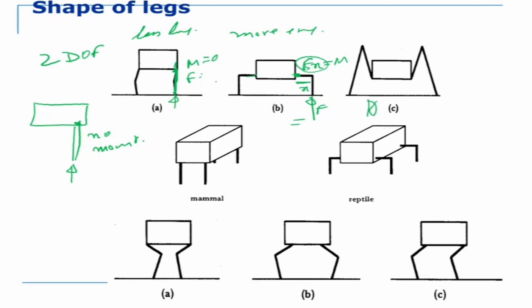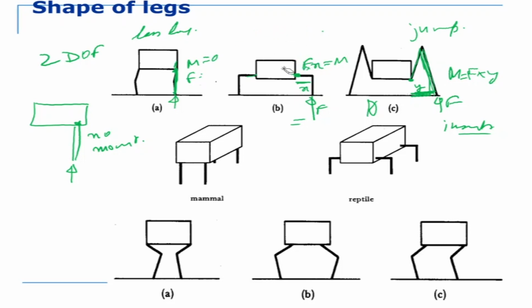What about here? Now here the moment arm is this complete distance. That is the force into that distance, and this is the length of the legs. So the moment is force into y, this is the y distance. Because the legs are long like this, it can jump much higher. So this is basically the legs of insects. Insects sometimes, like cockroaches, need to jump and escape. That is why their legs are shaped like this.